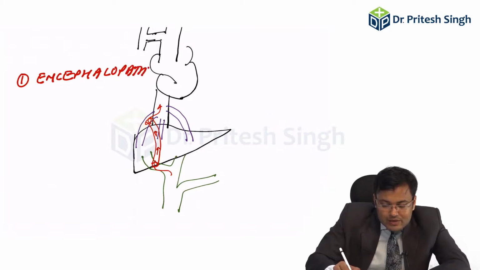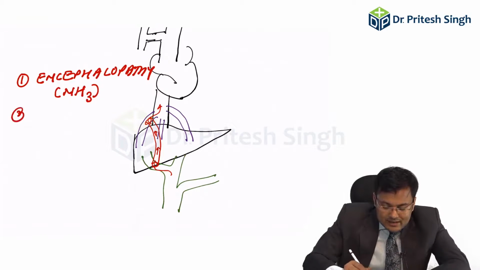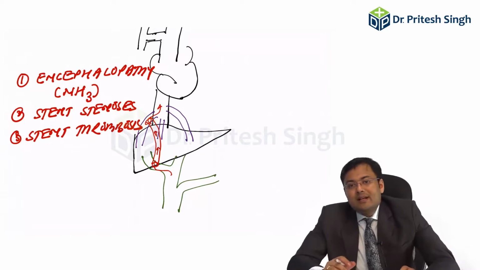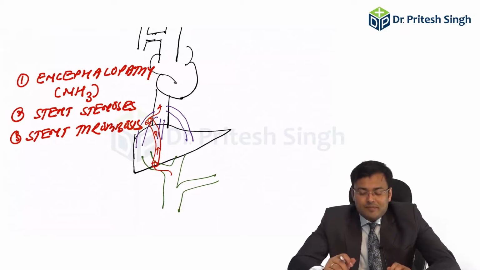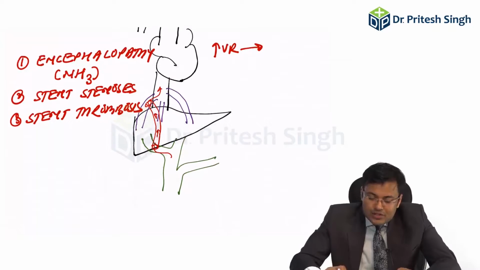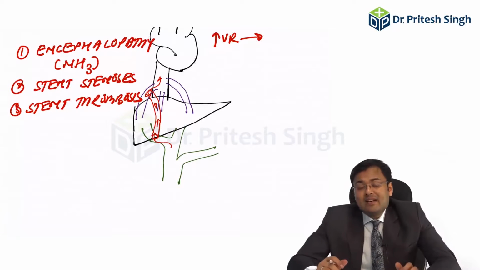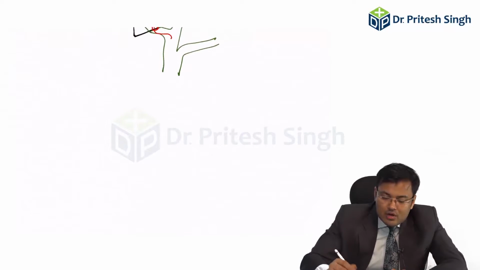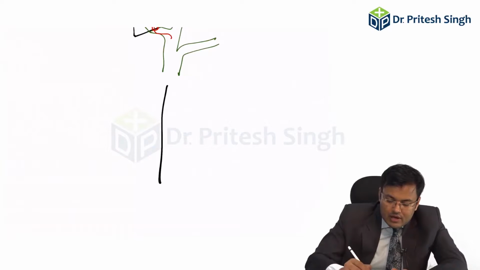And what is that substance which is mainly responsible for encephalopathy? That's ammonia. Second, there is stent stenosis, and there is stent thrombosis. So these are common complications. Encephalopathy, stent stenosis, stent thrombosis. I told you there is increased venous return to the heart. So any situation in which there is overloaded right heart, it's an absolute contraindication. So have a look at contraindications of TIPS,